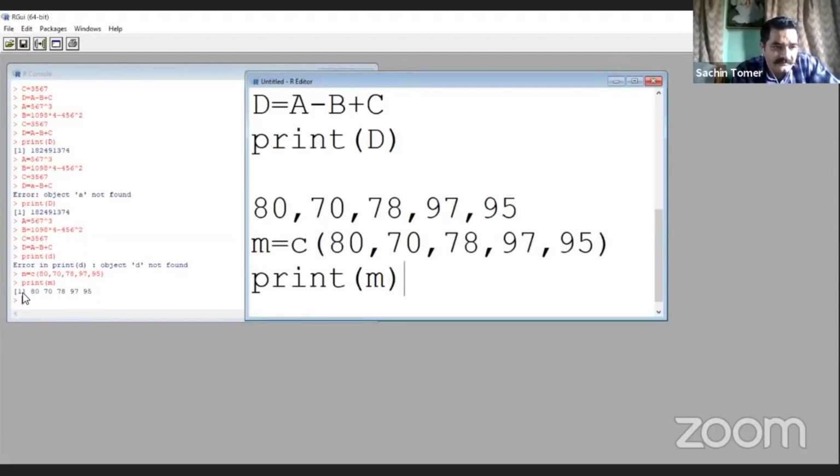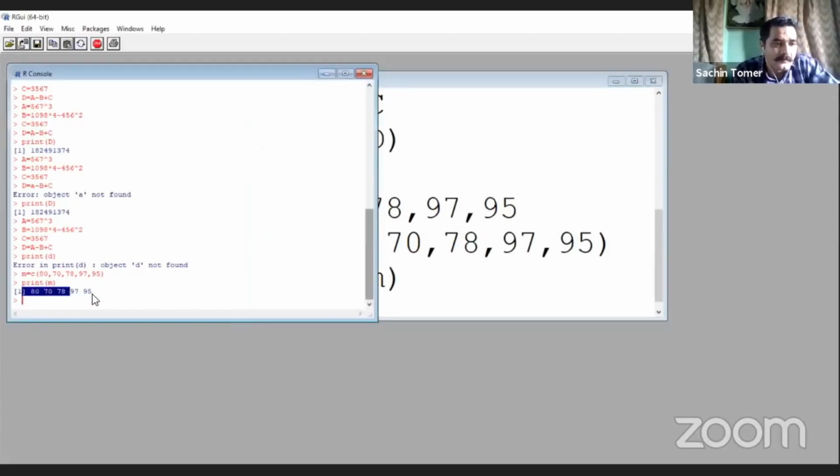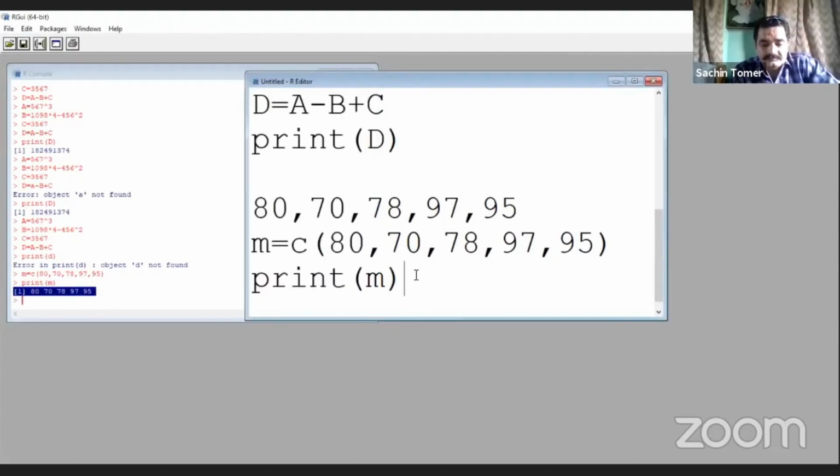And it is showing 1 in square brackets. This shows that 80 is the first value in this row. That was the way through which we can enter more than one data value into a single variable.